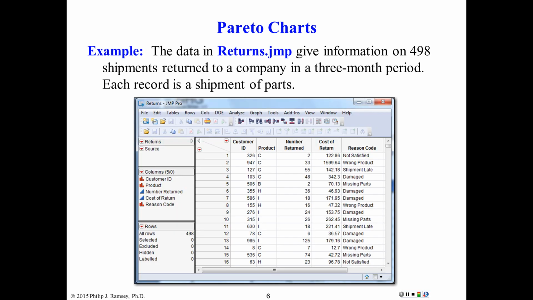So I'm going to use a simple example. This is a data set called returns, and this is information on product returned to a company over a 3-month period. Looking at the screenshot of the JMP data table, you can see customer ID. That's not of particular interest here. You'll see the generic product types, how many were returned, in dollars, what was the cost to the company of the returns, and what was the reason for them to return. So we're going to take a look at this data using Pareto charts,